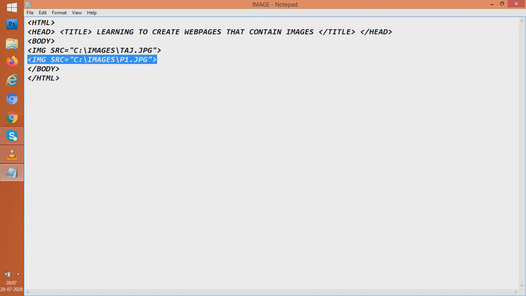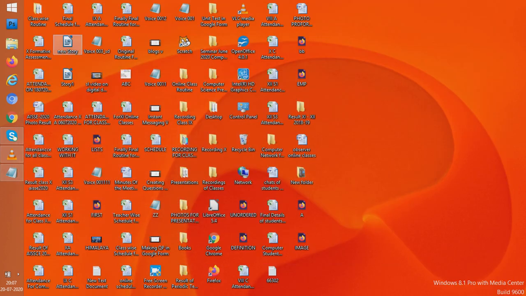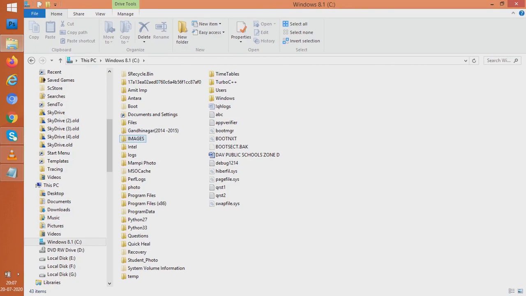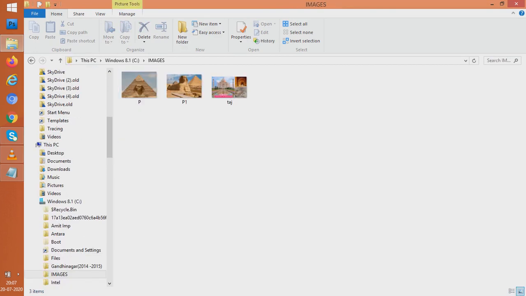So let us copy the same code again, paste it down, and copy paste means, students, we can do Ctrl C, Ctrl V, and put p.jpg. Why have we put P1, P and Taj? Let us see. Do you remember, students? I will go to C drive again to help you know. Within C drive, within images, we have P, P1 and Taj. So these are the three images. See, we have two different images of the pyramid. So I have kept both of them. And there is an image of Taj Mahal that we also want to see in our web page. So now I'll close it.